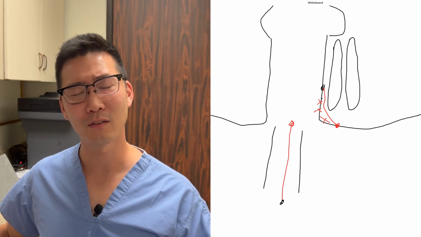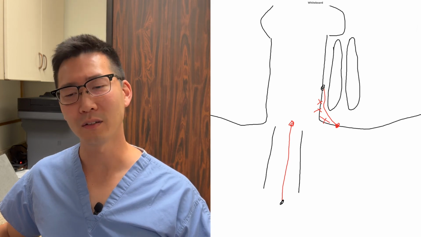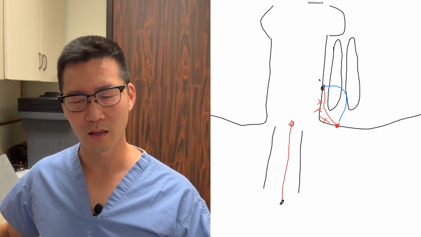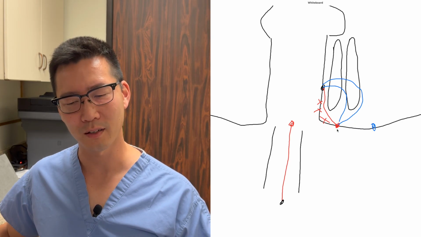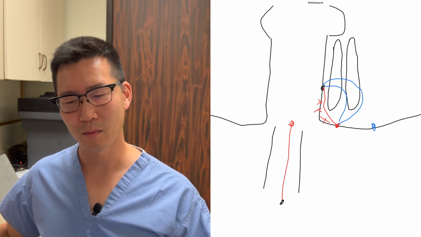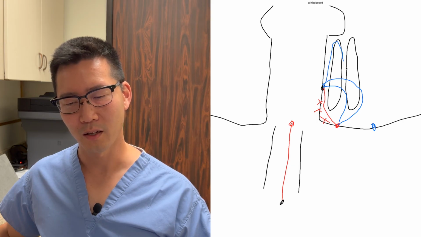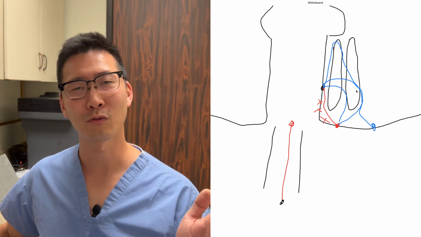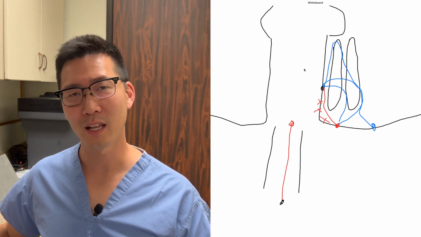So I know that there are more different types. And I'm going to draw these in blue, but really the tunnel can go wherever it wants to. It can go through it like this, just one of them. It can go through both of them like this. Typically, if it goes through both, the hole is out here more, but I'm just going to keep things consistent. Sometimes it can go above, and out like this. Really, your imagination can run wild. There are more common types than others, but really